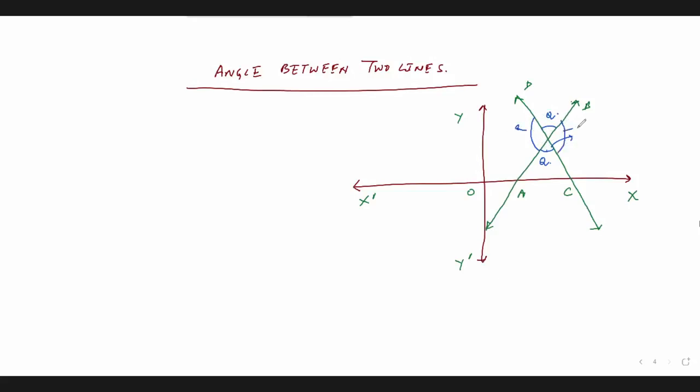Again, this angle will be an obtuse angle. So whenever two lines are intersecting, we are having a pair of acute angles and a pair of obtuse angles. So I was talking about an angle that is theta. I need to find this angle, theta. So if I introduce the angle theta